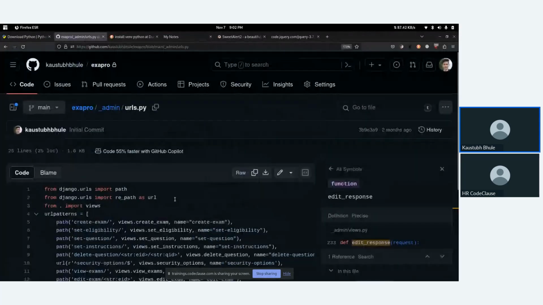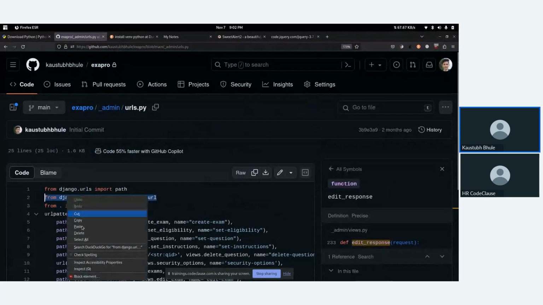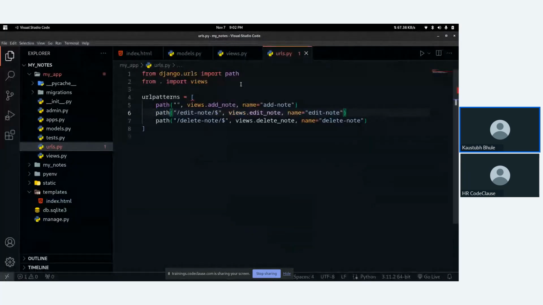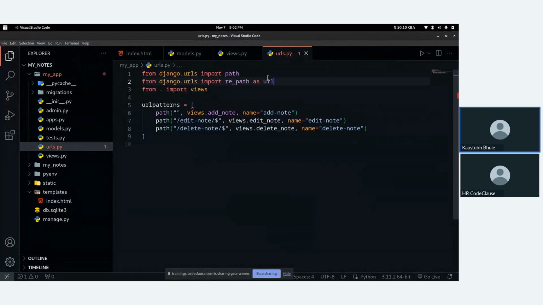Let's see. So from django.urls, we are importing re_path as url. Fine. So now instead of using this, we are using the URL function.